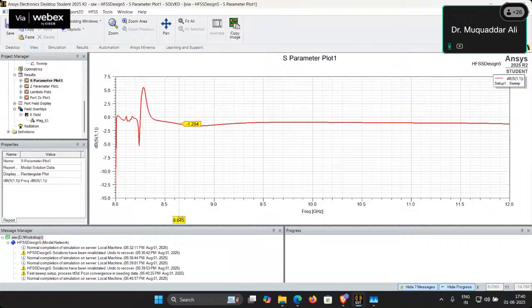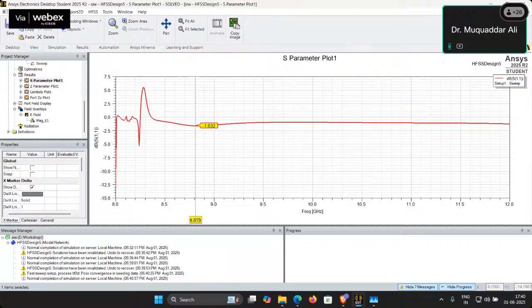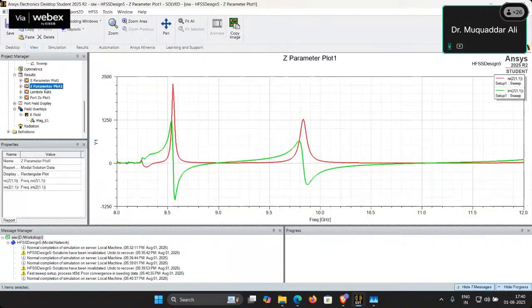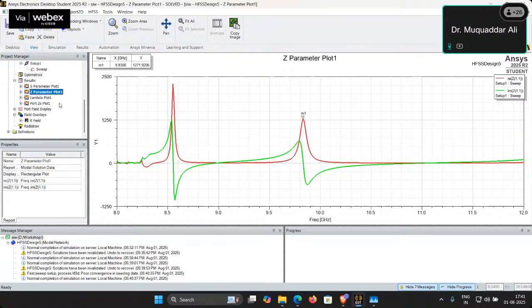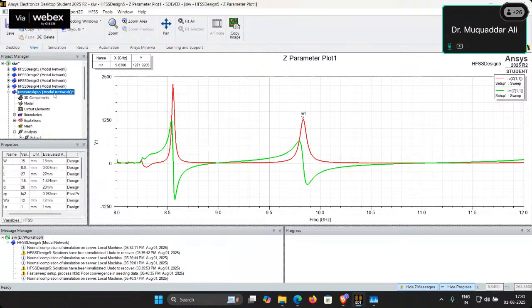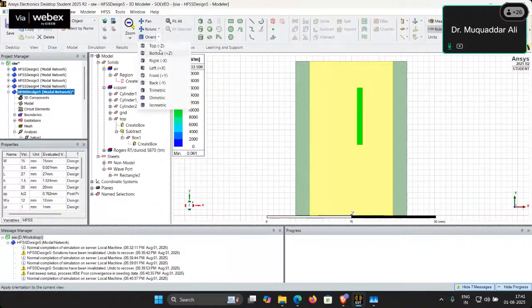Okay, and still there. I will explore more why this is happening, and we have not got any results. Now you can see around 10 gigahertz we are getting something, but the impedance is too high. At this we are getting a resonance, but the impedance is too high. So how do we reduce this impedance? To reduce this impedance, what we can do, go here